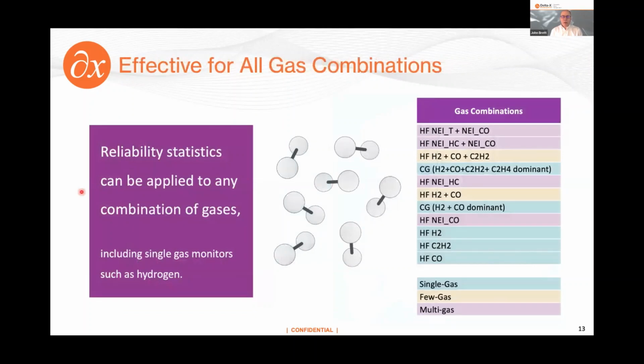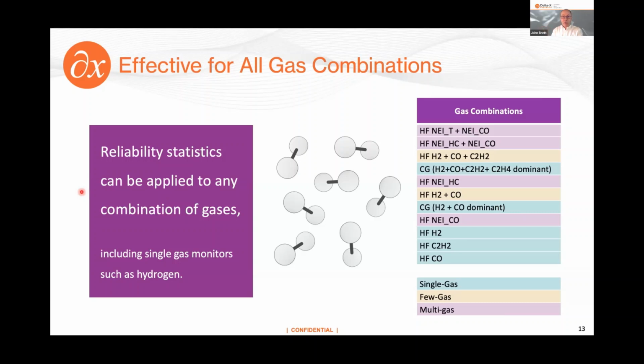The other thing, thank you, Leon, for mentioning it, is yes, this type of analysis works for all gas combinations. We've been looking at many different combinations, typically driven by the DGA monitors that are out in the market. And there's even a good model presented by just hydrogen. So those statistics can be applied across the board, and you can do a quantitative assessment based on any combination of gases. Yes, to varying effects, okay,